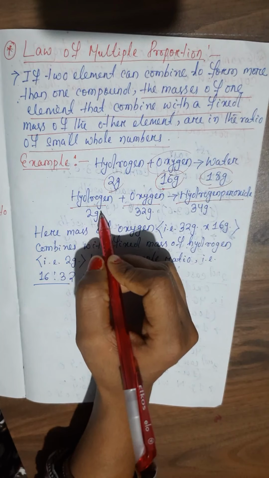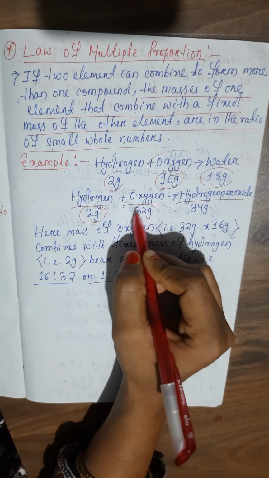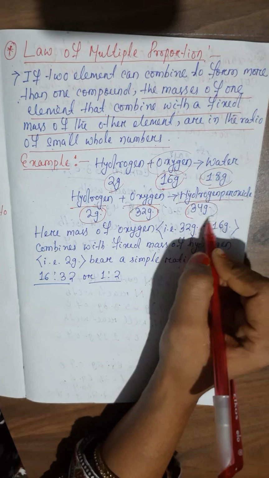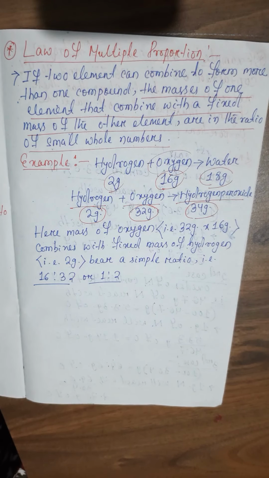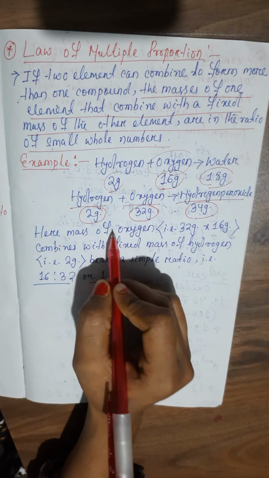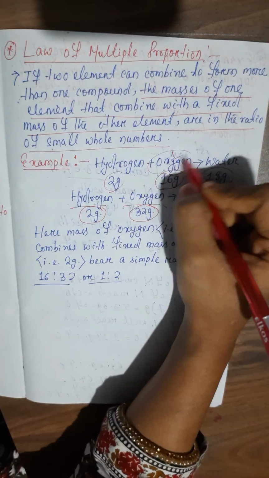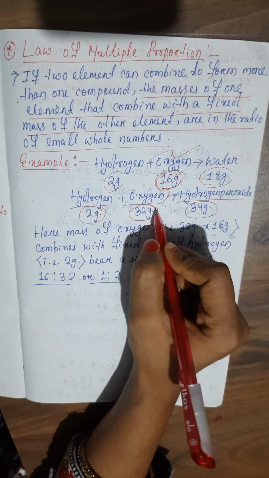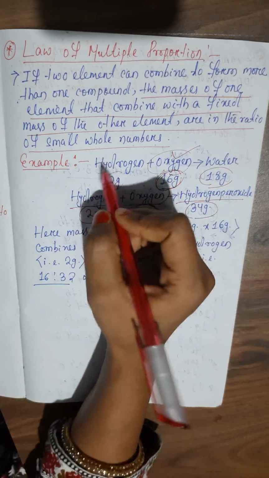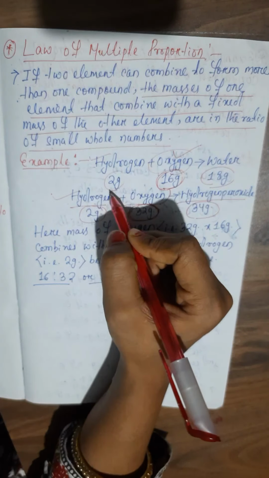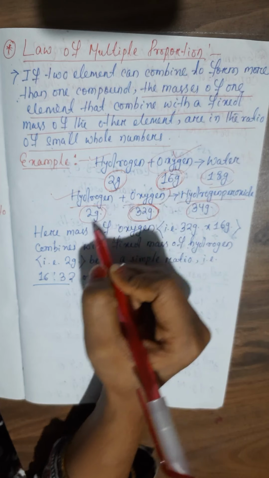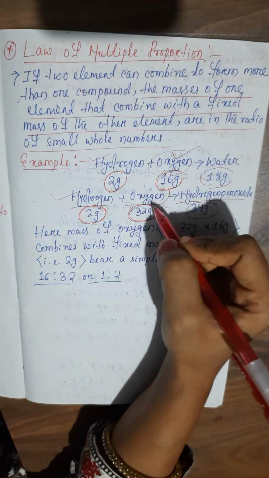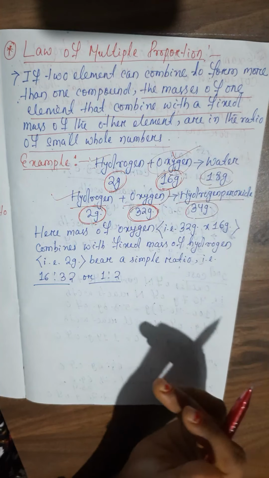So here hydrogen weighs 2 gram whereas oxygen weighs 32 gram, and so all total it gives us 34 gram of hydrogen peroxide. So here the mass of oxygen, see here oxygen we are having 16 gram, whereas in the second equation it is having 32 gram. But see what about our hydrogen? In the first equation it is also 2 gram and in the second equation also it is having 2 gram. But in case of both the equations, the mass of the oxygen differs.